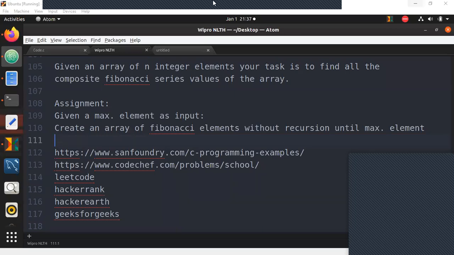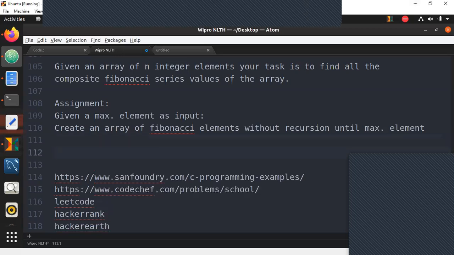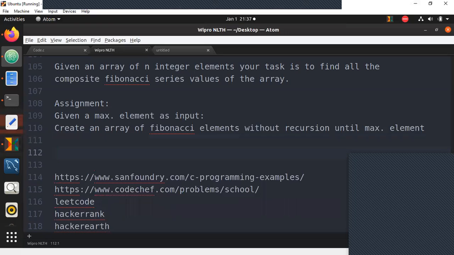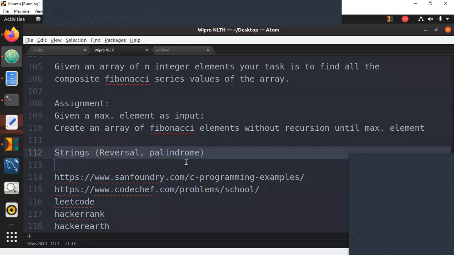And along with the assignment problem, one more suggestion that I will give for everyone, especially for non-IT students: please also make sure you learn basic concepts about strings, how to do reversal of strings, how to find palindromes and everything, how to do all these basic things, so that when we go for complicated programs that are asked in interviews, you can find it easy. And these programs I'm suggesting because they are in lab manuals. So for all non-IT students, please go through these before the next session.